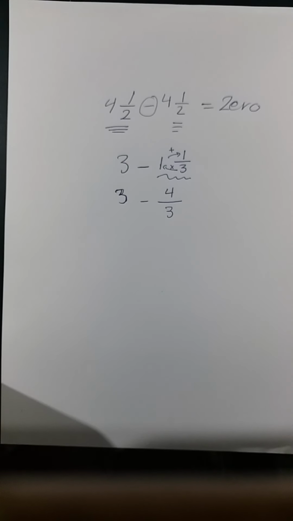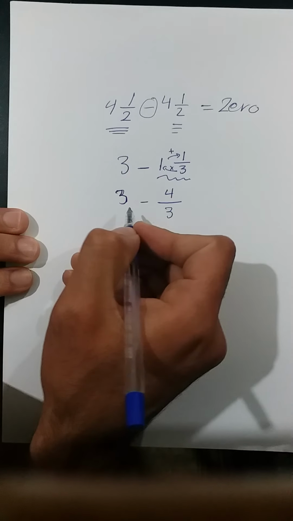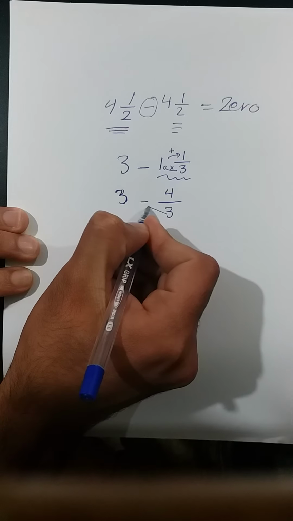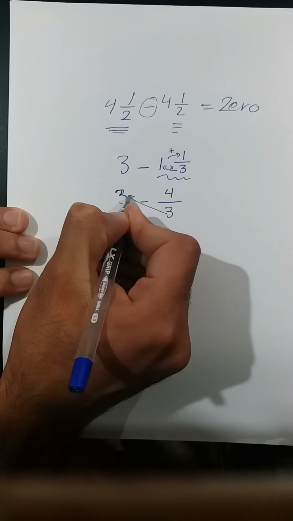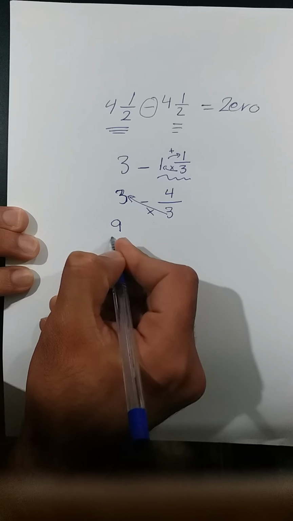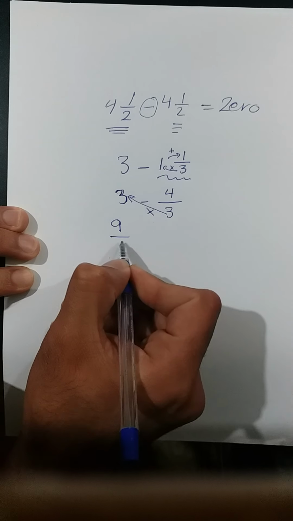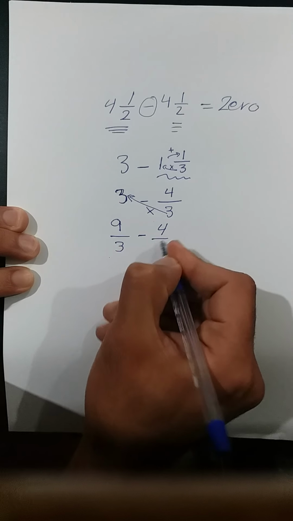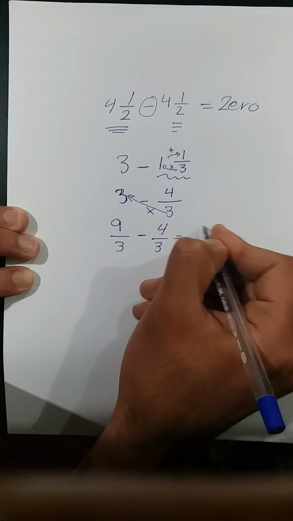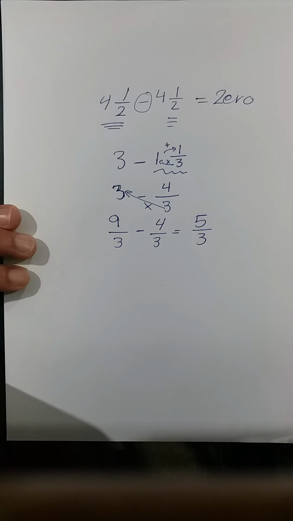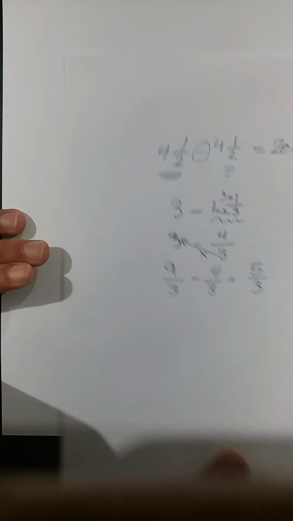Can I do it? No. How can I solve it? I want to make this a fraction. How? I'm going to multiply this denominator with this whole number. That will give me 9 over the same denominator, which is 3, minus 4 over 3. That will give me 5 over 3. And that's it. The third one,